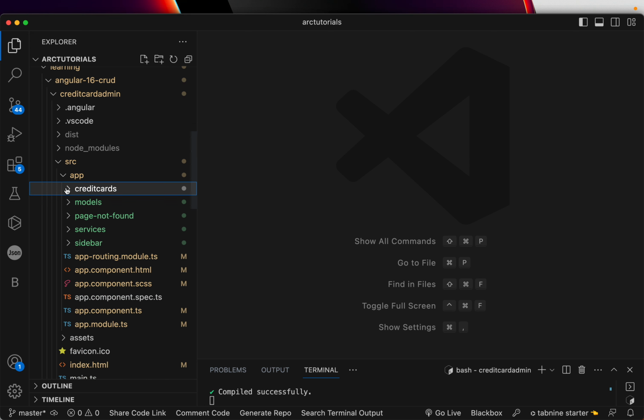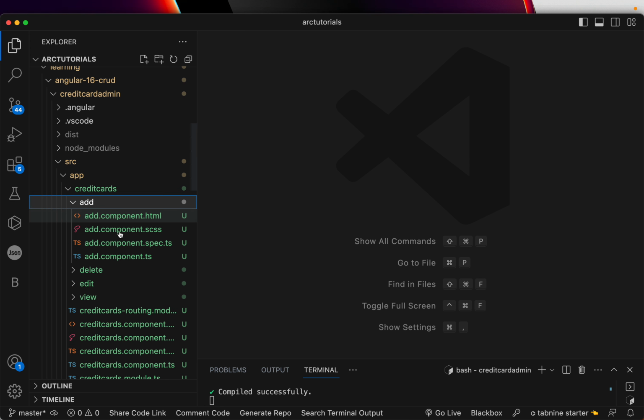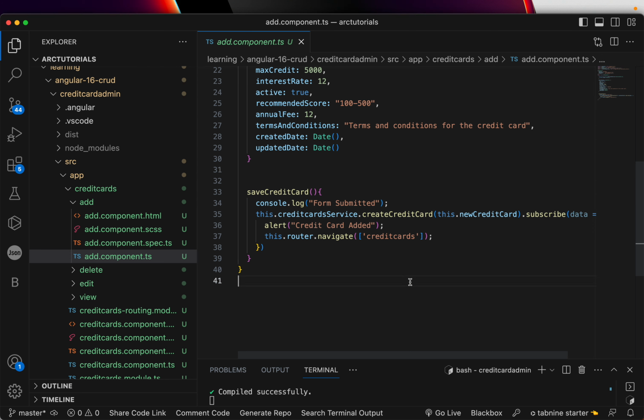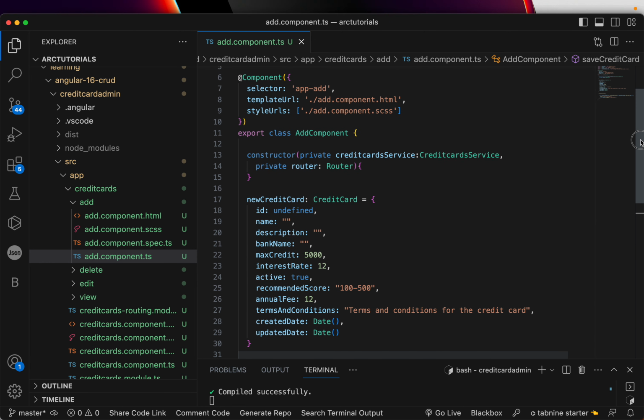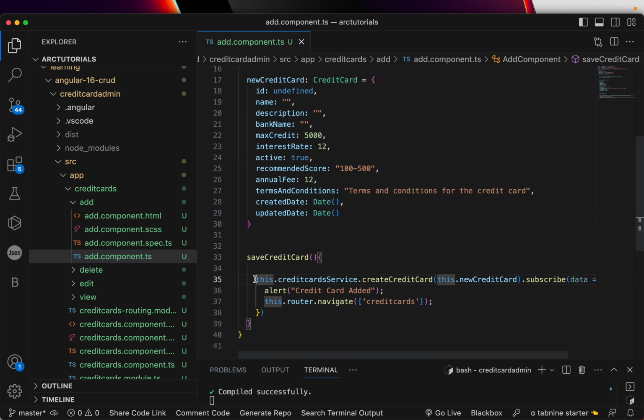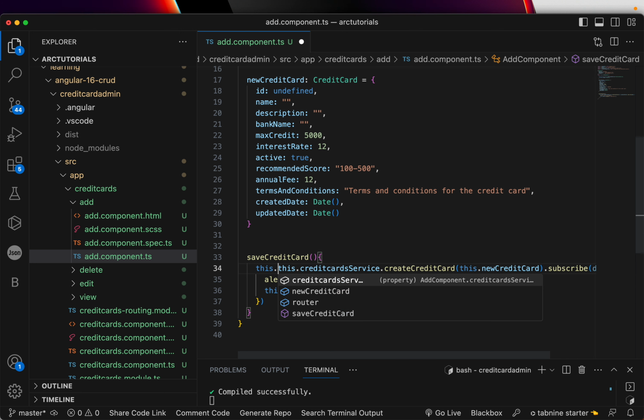So the first thing, I'll go into my credit cards module. I have my add, so let's go there and let's start. I'll clean up the code. No, we don't need console logs anymore. Instead, what I'm going to do is take this into a subscription, and then we will use ngOnDestroy to destroy that. Okay, so what you can do is inside the save credit card, we'll write this.subscription equal to,